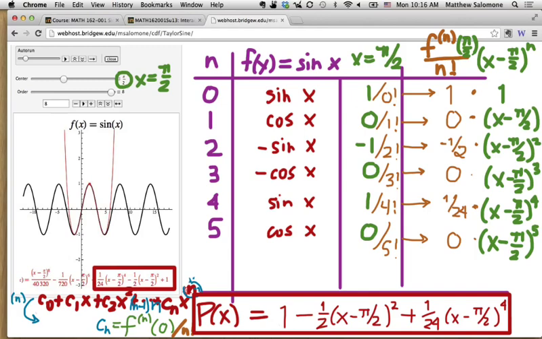So I like this little table as a way of organizing all the information that goes into building a Maclaurin or a Taylor polynomial. All we need are the iterated derivatives of our function, all evaluated at our center point, and then just by dividing those derivatives by the relevant factorials, we get the coefficients that go with the building blocks that make our Taylor polynomials. So the whole point of this